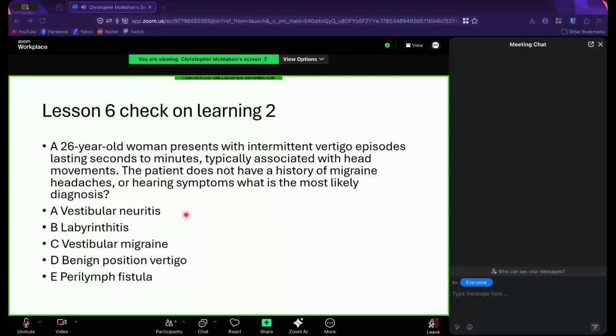Do most people feel pretty good about this one? This is a pretty straightforward benign positional vertigo. Anytime you get that brief, seconds-long head movement trigger, I'm kind of cluing you in. Why do I have to mention her migraine history? Because I got that vestibular migraine, and you could make a pretty darn good case as a student to say,